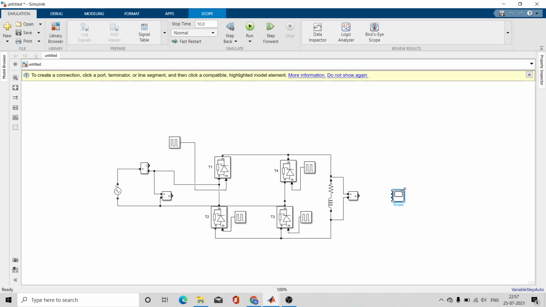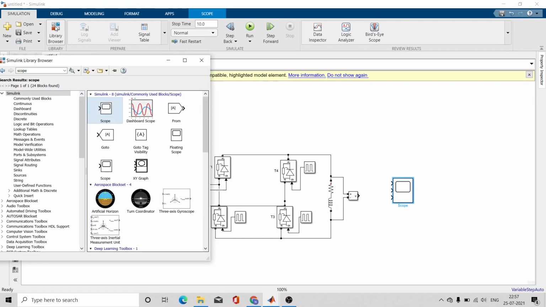Let me connect the inputs to it. So first of all, let me connect this input voltage to this. So if I want to reduce the number of wires, I can use from and go to block. So let me use this go to block.